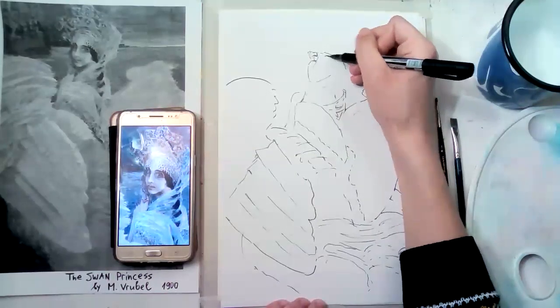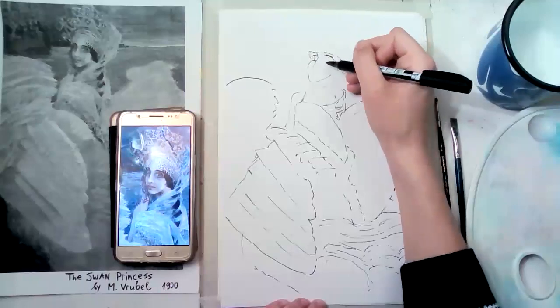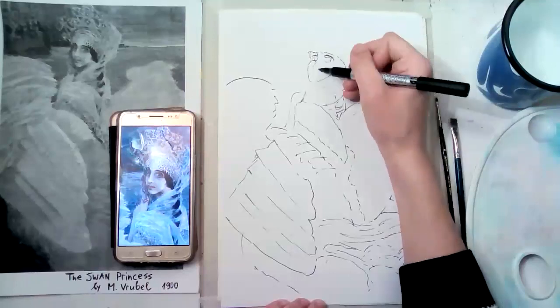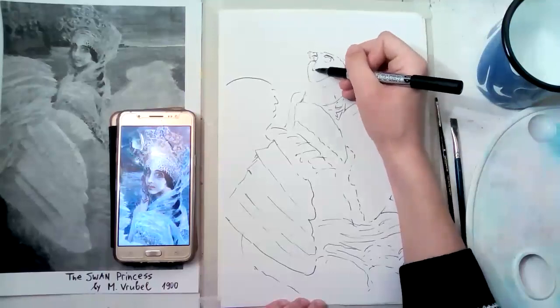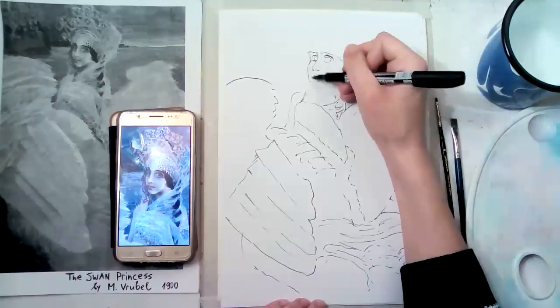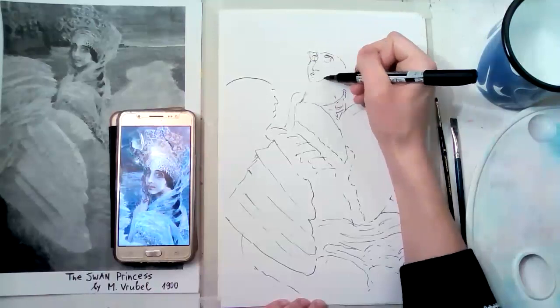But also maybe don't rush doing all those details of eyes and everything. I don't know if with me it happens all the time. You kind of start getting into the details, but